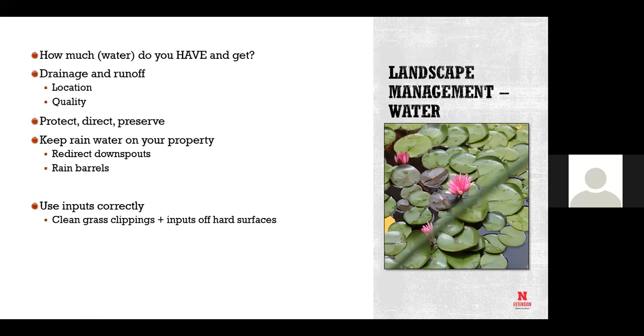Okay, so the real ideas with water, of course, are you protect your own landscape space, you direct its movement, you preserve what you can. So keeping it on your property sounds pretty simple. Well, it is simple, but there are ways to preserve it. Make sure that you have your downspouts directed not towards a hard surface where it'll run straight down into the sewer lines, but onto a permeable space, where turf or a patio that you have pavers on or what have you.